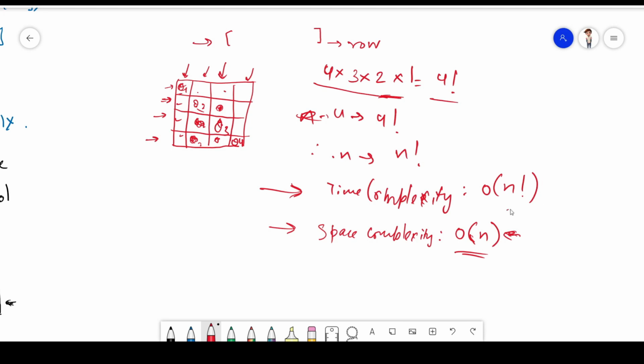So time complexity is O(n factorial) and space complexity is O(n).